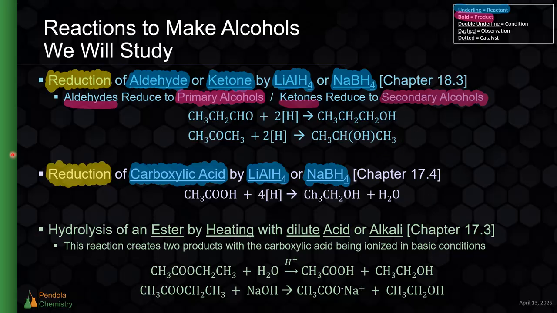The last reaction, which we'll also see later in this chapter, 17.3, is the hydrolysis of an ester. So esters can undergo a hydrolysis reaction where we will essentially break them apart, and one of the products that we create is an alcohol. So esters can be heated with an acid or a base to hydrolyze them. So an alkali or an acid will be our reactant with the ester. And we need some special conditions to do this. Our conditions in this case are, let me highlight them here,